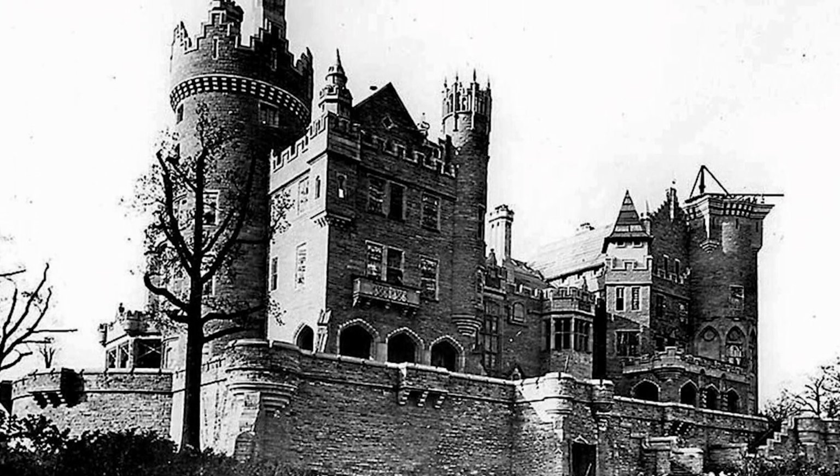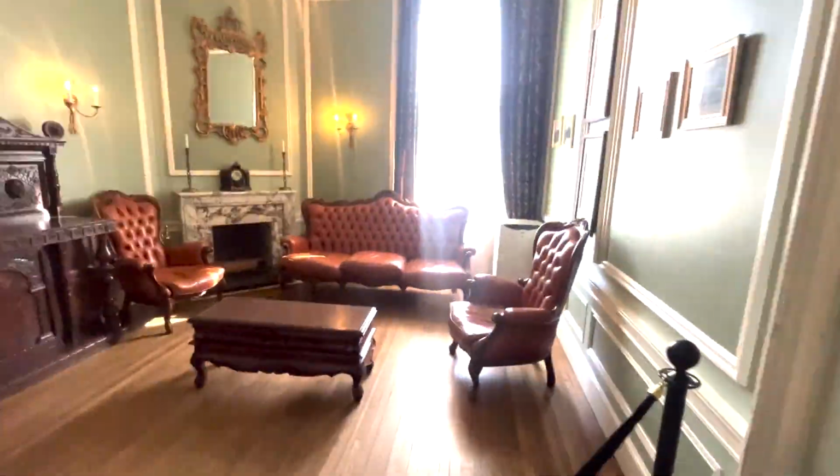I feel like this is more like the Canadian real-life version of the mansion from Clue, which in some ways I think is cooler than a castle. But anyway, the mansion features 98 rooms. It has 2 secret passageways. There's a stable house, and when Sir Henry first built Casa Loma, he filled it with priceless artwork, but also